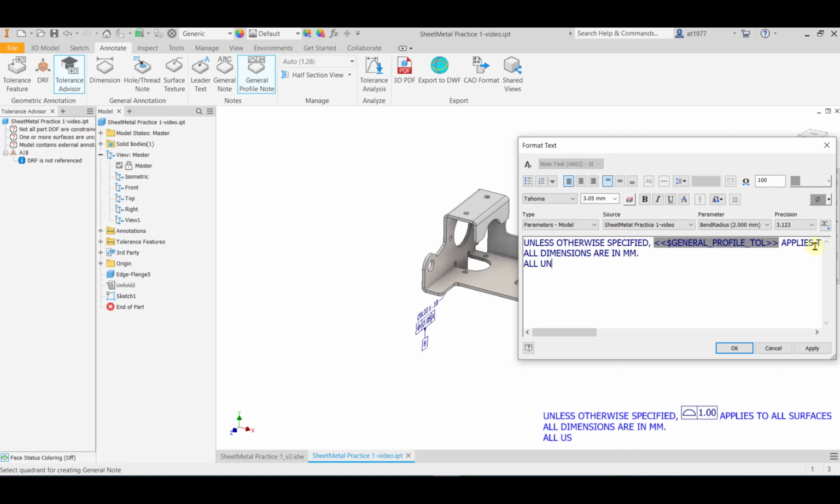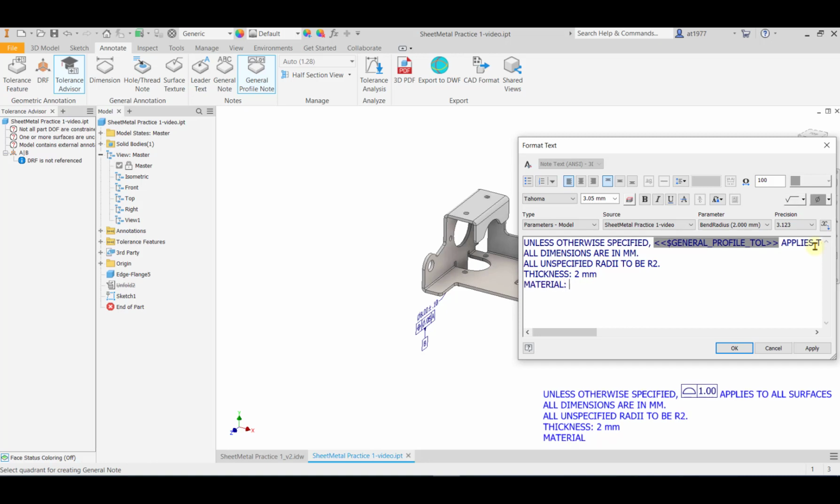ALL UNSPECIFIED RADII TO BE R2. You can put other things like the thickness of the part: thickness is 2mm. Material is